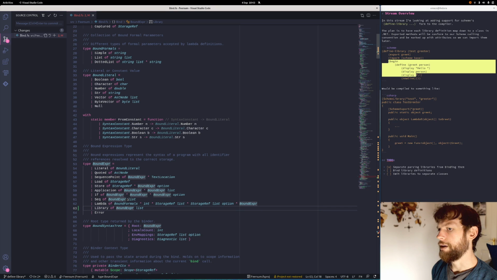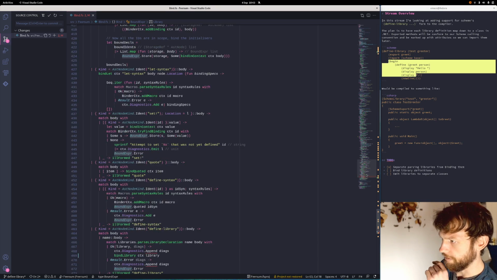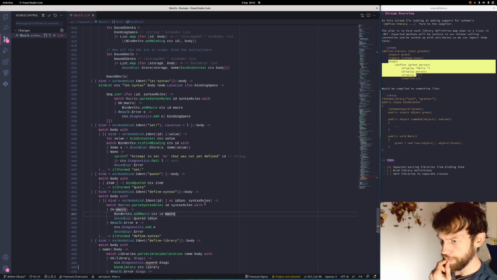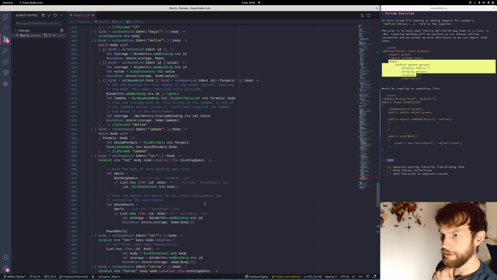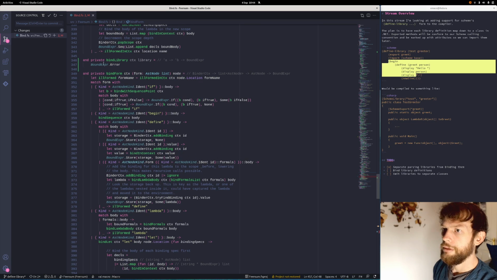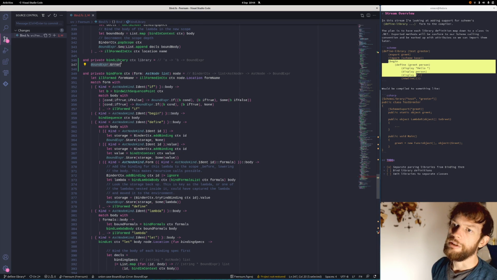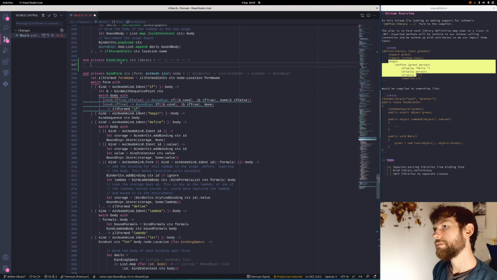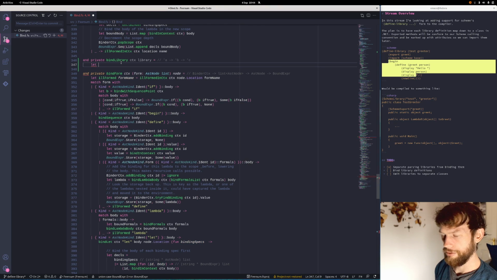Well, do just the bound expression list, and then when we get to the emit and can't do anything, we'll come back and update that. So this wants to be, well, let library context